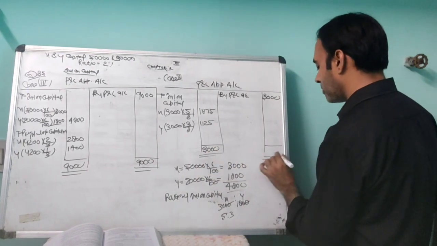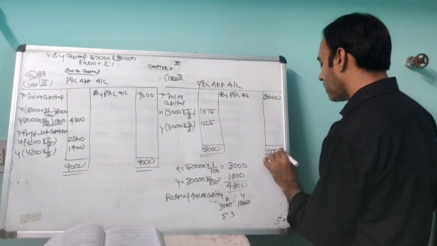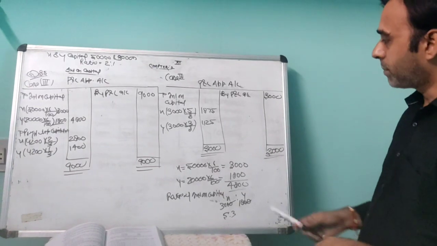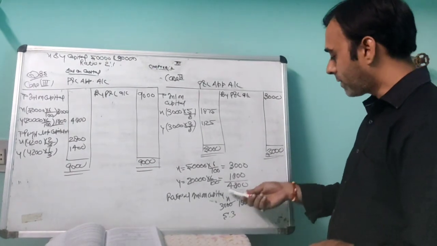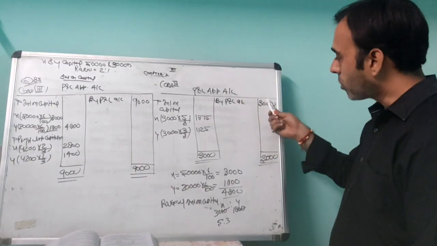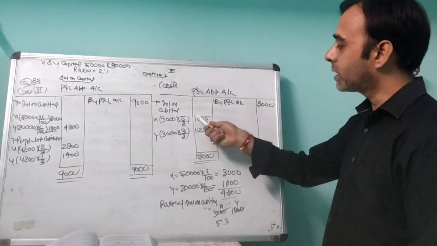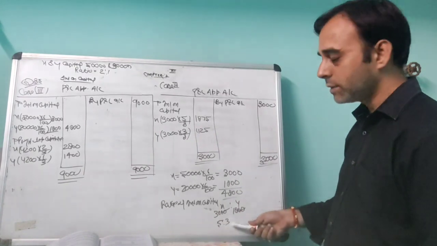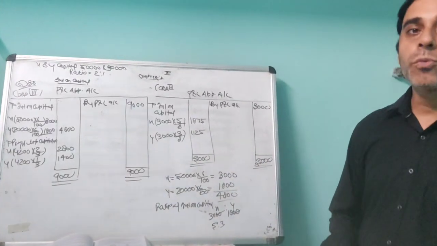Okay, so this is the case of inadequate profit. The profit is less than the amount of interest on capital. Then what can we do? We have calculated total interest on capital. We calculate the ratio of that. The total amount of 3,000 rupees will be paid in the ratio of interest on capital, being 5:3. Okay, now no profit is left.